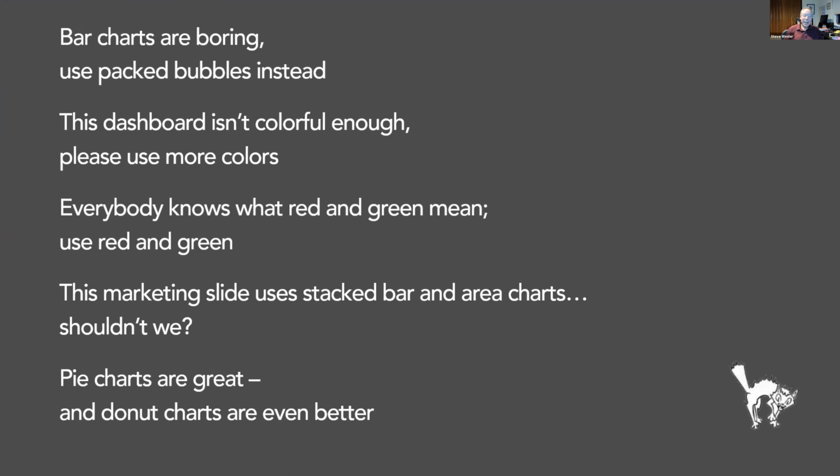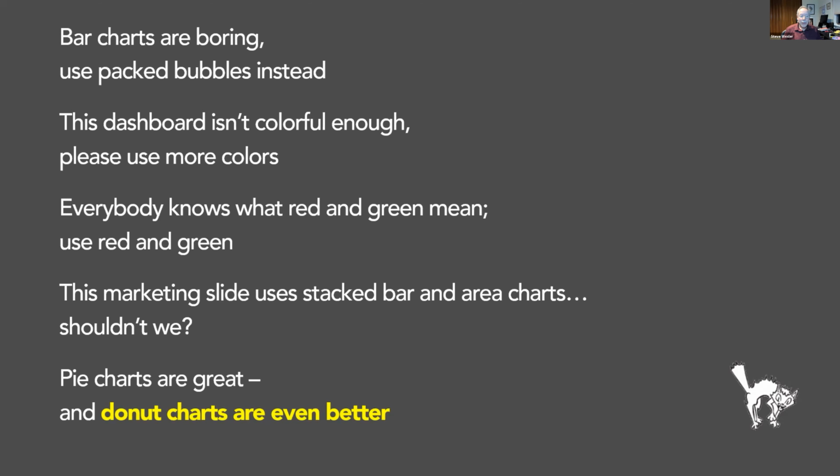By the way, in case somebody's taking a screenshot, I'm putting a screaming cat icon there because I don't want anyone to think I actually think these are good things. These are just things you're likely to run into as you're trying to get your organization to adopt good data visualization practices. The screaming cat is an icon we use in the Big Book of Dashboards to say, no, you probably shouldn't do this. I don't have time to discuss all these things, but I do want to discuss the donut chart. And by the way, are you prepared to answer these things? If someone were to say, why shouldn't we use pack bubbles?